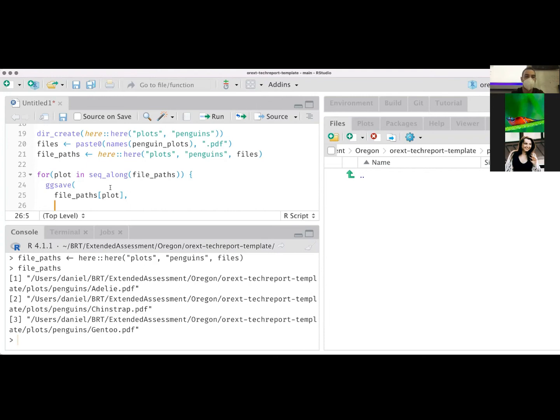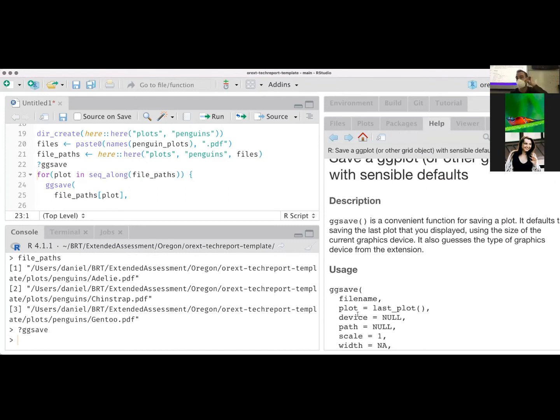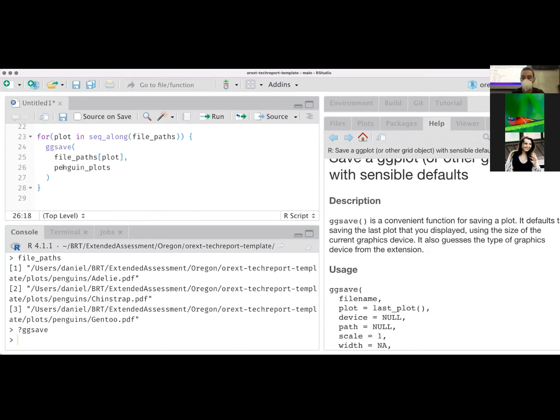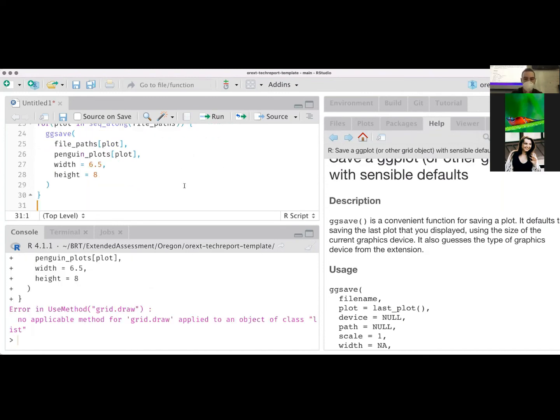And then the second thing, so let's actually just pull up the help documentation here. The second thing for ggsave is the actual plot that you want to save. Okay, so that's where I will then say penguin plots plot. Okay, and then from there I could put additional arguments like width equals 6.5 and height equals 8. Okay, those are in inches by default. Okay, so then I run that and